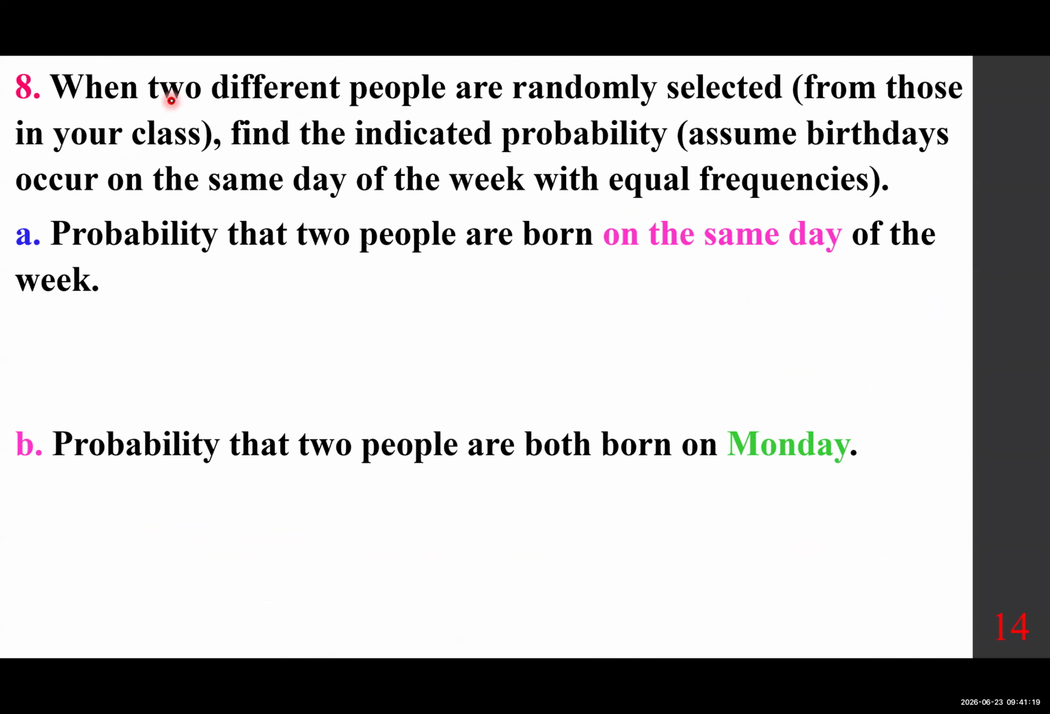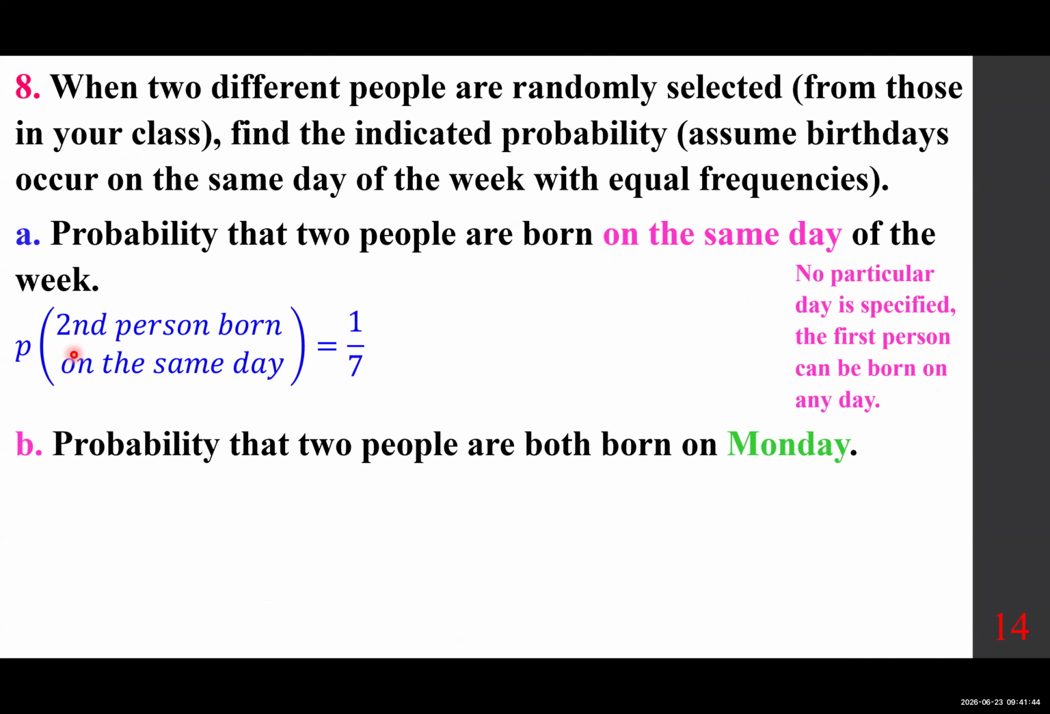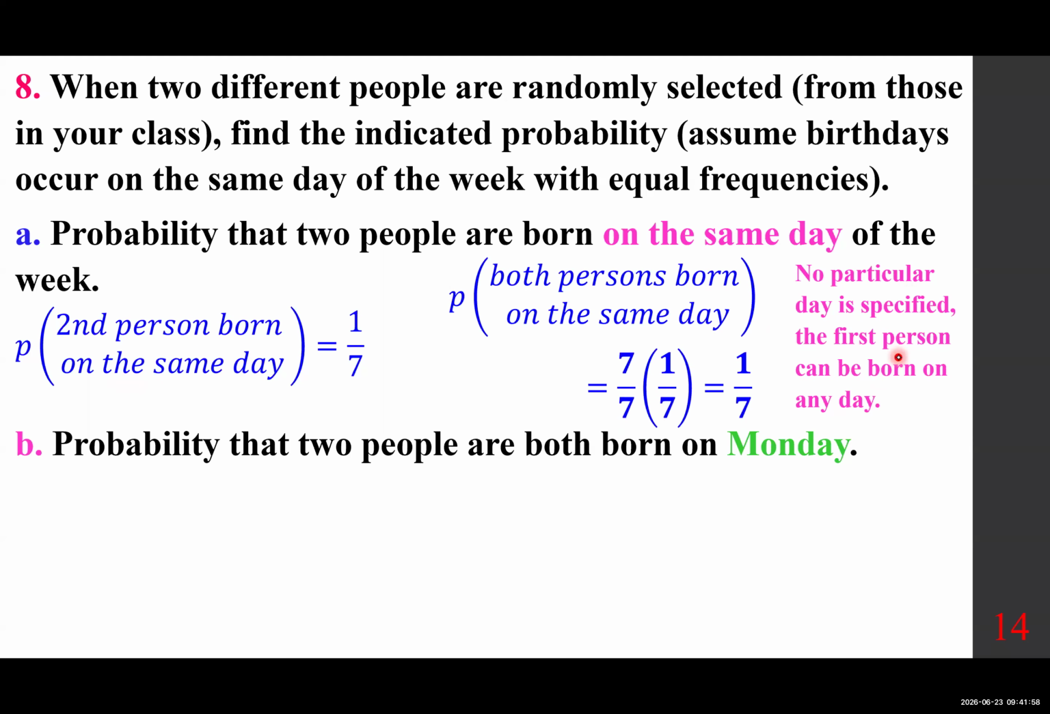When two different people are randomly selected from those in your class, find the indicated probability. Assume birthdays occur on the same day of the week with equal frequencies. The probability that two people are born on the same day of the week. Well, no particular day is specified. The first person can be born on any day. Then the probability of the second person born on the same day is 1 over 7. And so the probability of both would be the product of the two. This one has no particular day, so it's just 7 over 7, or simply 1, times 1 over 7